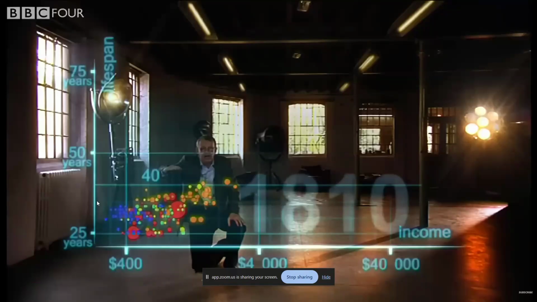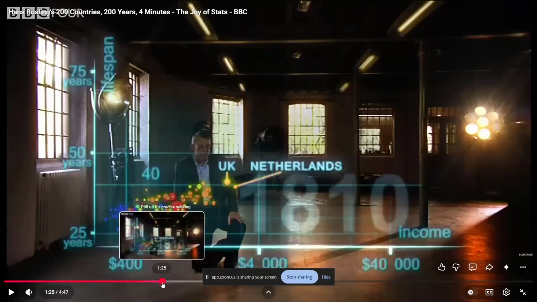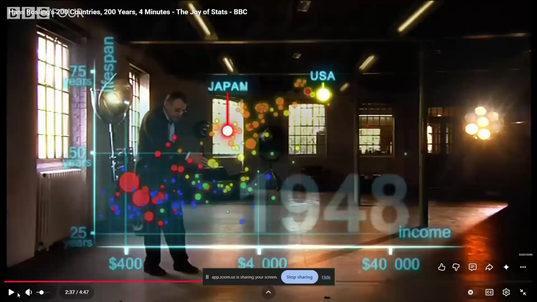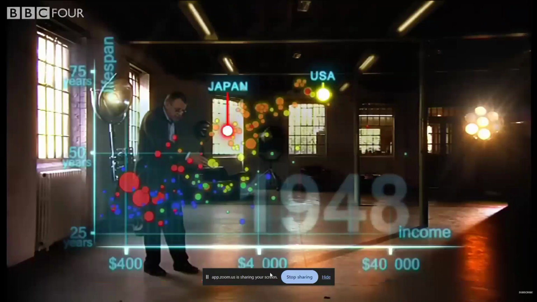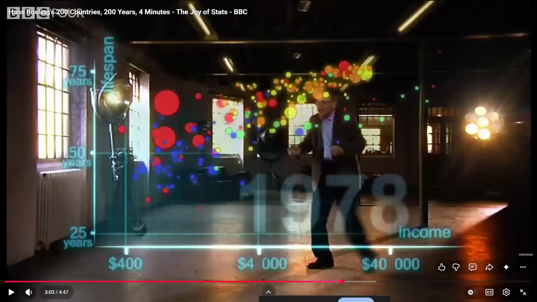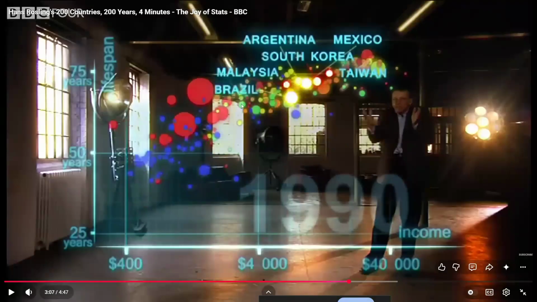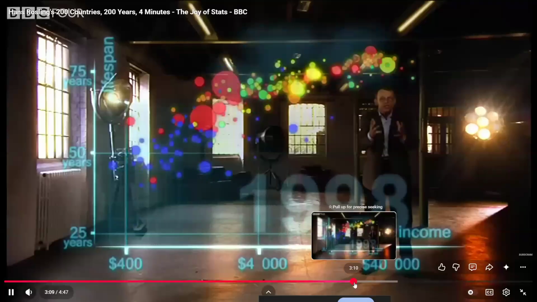So, in a nutshell, this person is actually representing the data he has relating to lifespan and income on a graph. And from this graph, he shows a trend of how lifespan and income has grown over the years. You can see here now he's focused on the year 1948. So if we move further, 1970s, and you could see how different countries, how it changes over the years. That is income and lifespan. So you could see how it changes.